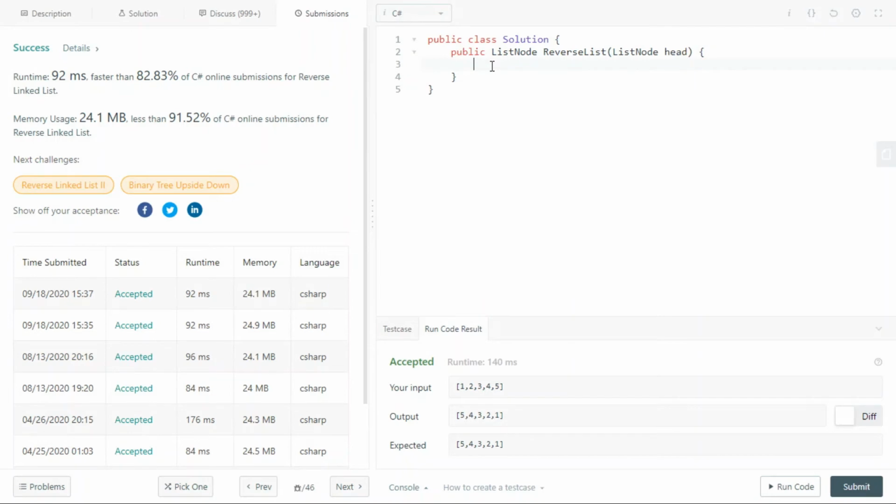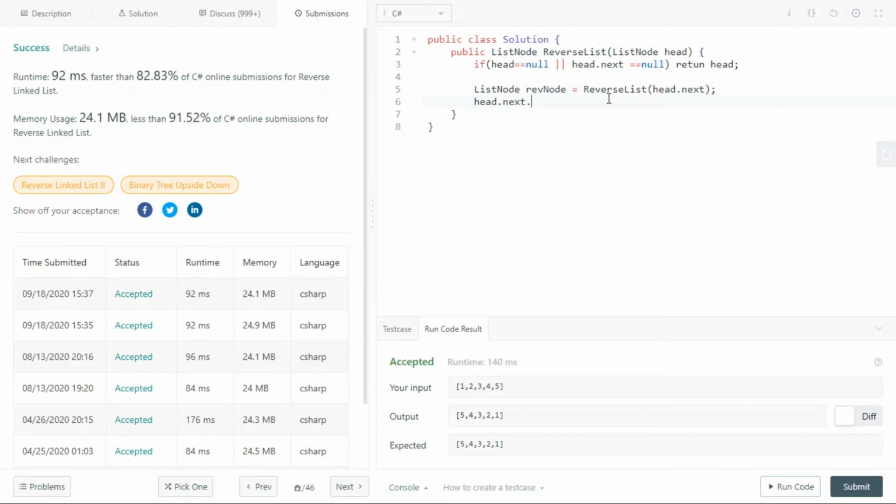Let's solve the problem. As we have already discussed the algorithm for how we are going to solve it recursively, first, if head is null or head dot next equal to null, return head. Then second, declare one node, reverseNode, and call this using recursion.